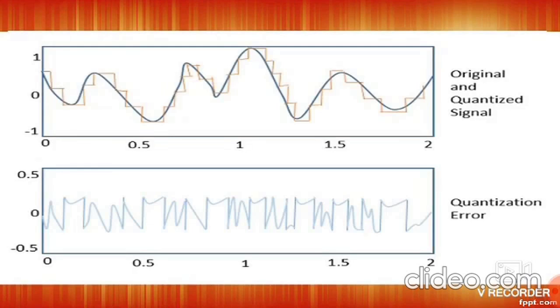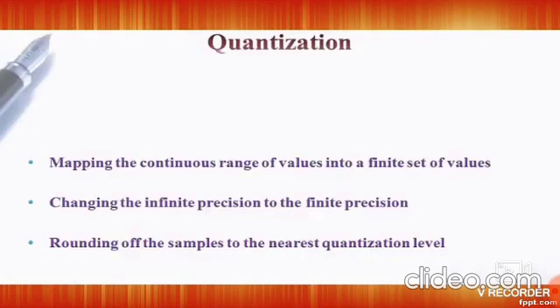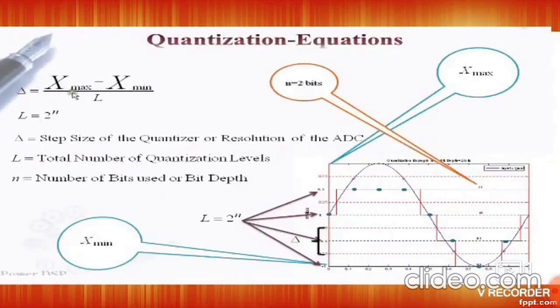For the original input signal, if the step size is the same throughout the signal levels, that is uniform. The step size should be selected in such a way that the complete signal is covered by the step size. Even though the complete signal is covered, there is some error, called quantization error. This error can be reduced by choosing a uniform or non-uniform quantizer, and by rounding the samples to the nearest quantization level, so that the error can be minimized.